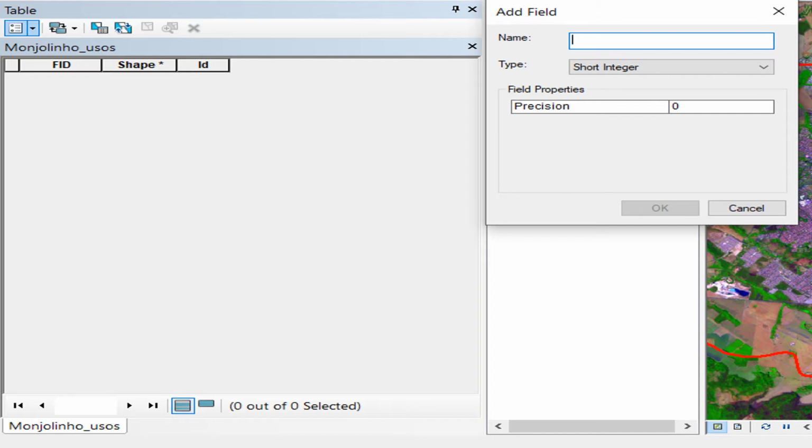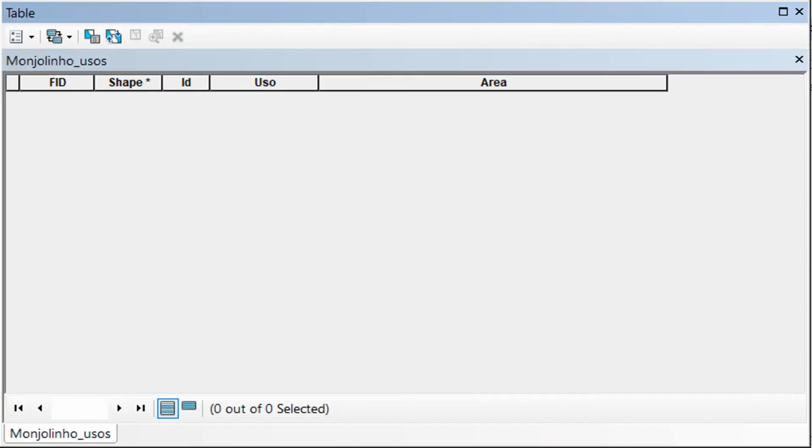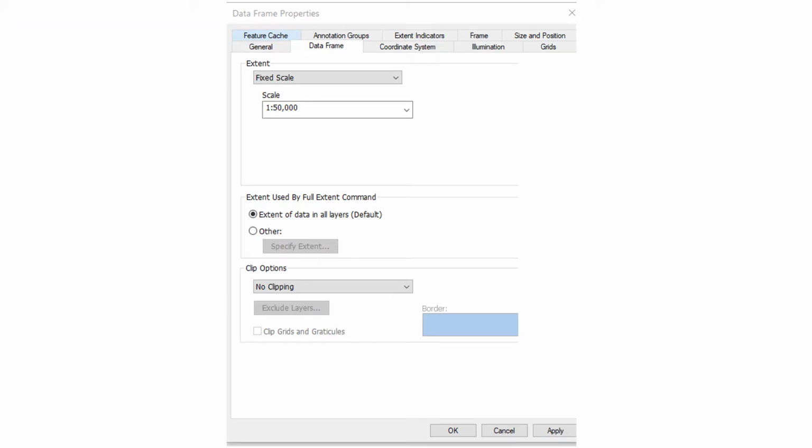After this, we work with the table inside our shapefile to create the area and the name of the class. As we can see in this picture, one important thing when we are doing our classification manually is